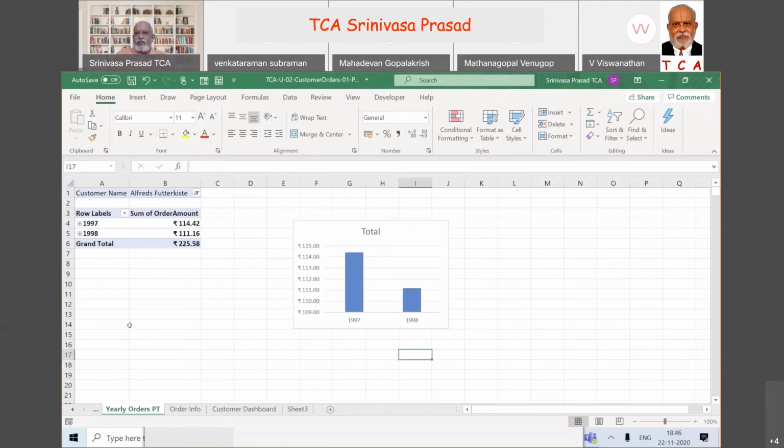So far, so good. Any doubts on this? Super, sir. Fine. Now, the heading we have to change. The heading is showing as Total. This is the total for that customer. If you want, you can change it. Whatever heading you want, we will change.